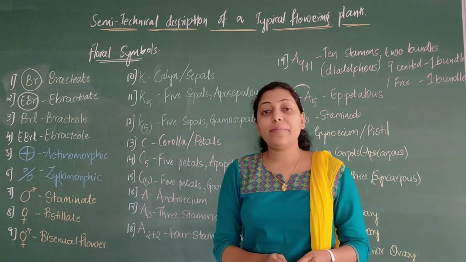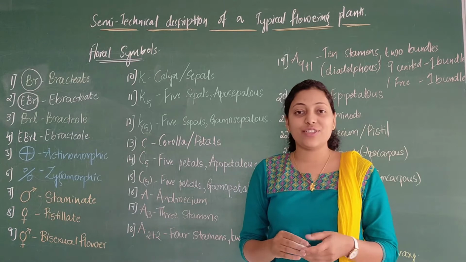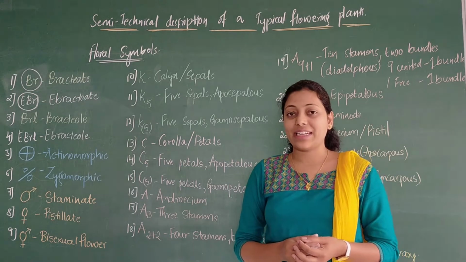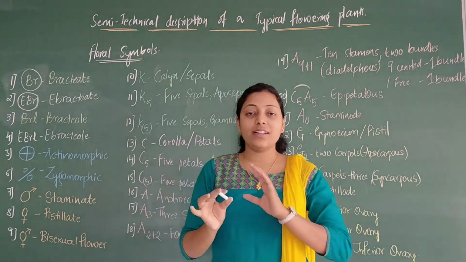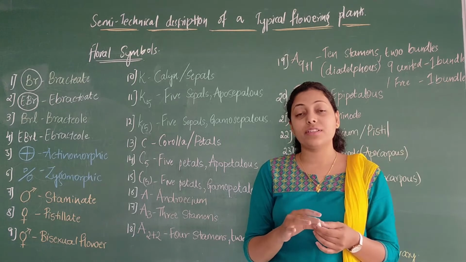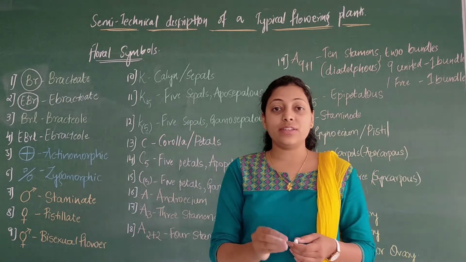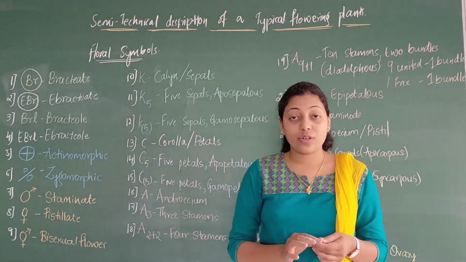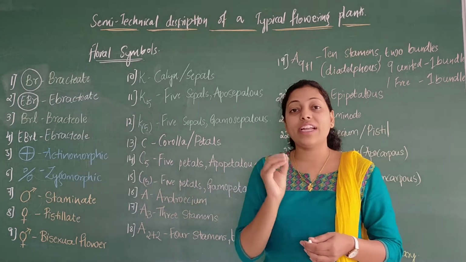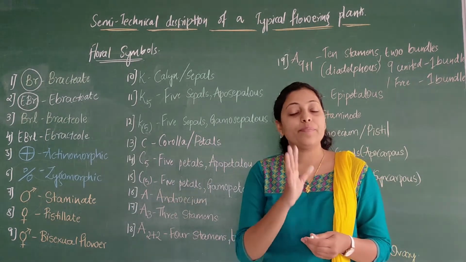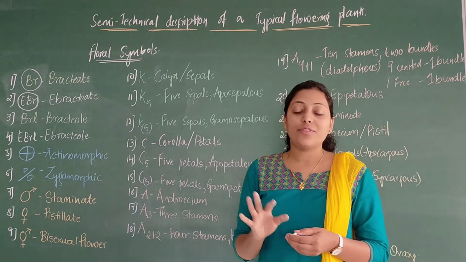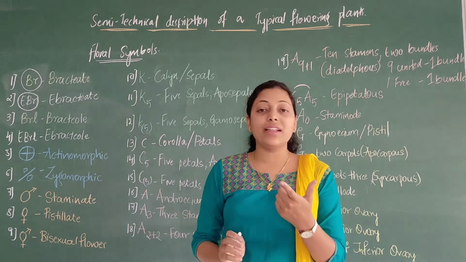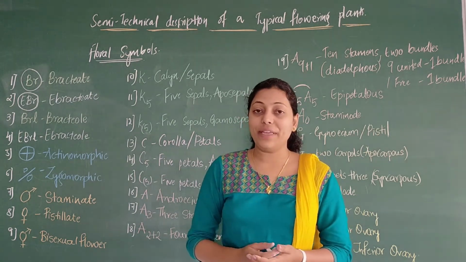That is ebracteate. Ebracteate, as you all know, means a flower which does not have a reduced bract. Students, just remember these symbols or have a thorough glance at them, because it is very important from the final exam point of view and also for certain competitive exams. This particular part is very important for you all, so I request you to pay thorough attention to this class. We have finished bracteate, whose symbol is BR, and ebracteate, whose symbol is EBR.